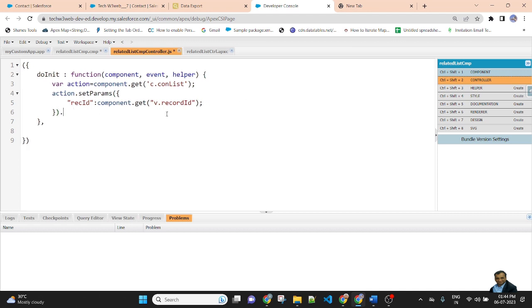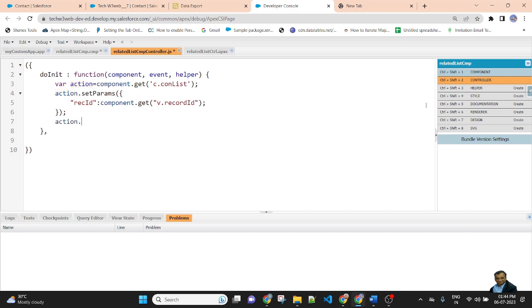So passing the value current record ID, component.get recordId. Then action.setCallback, in the setCallback using this, and create a function.